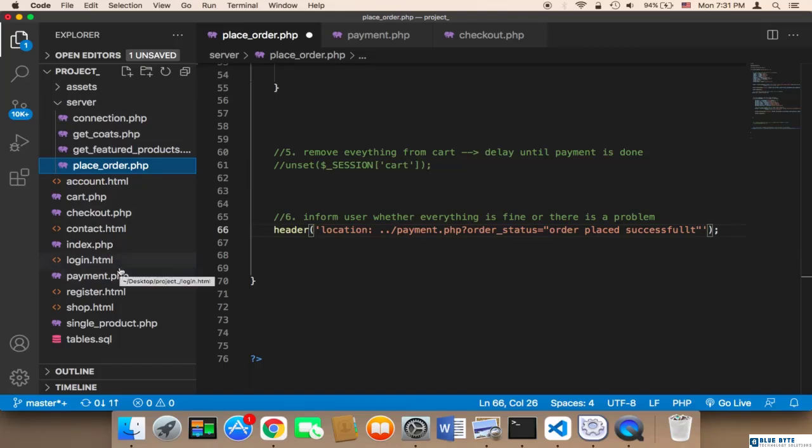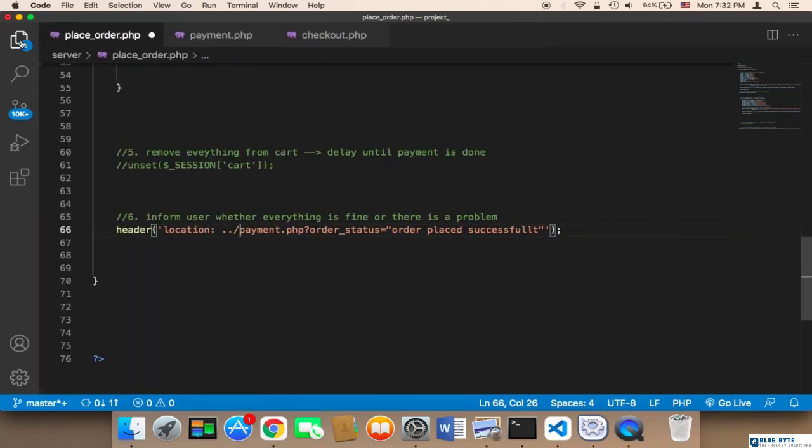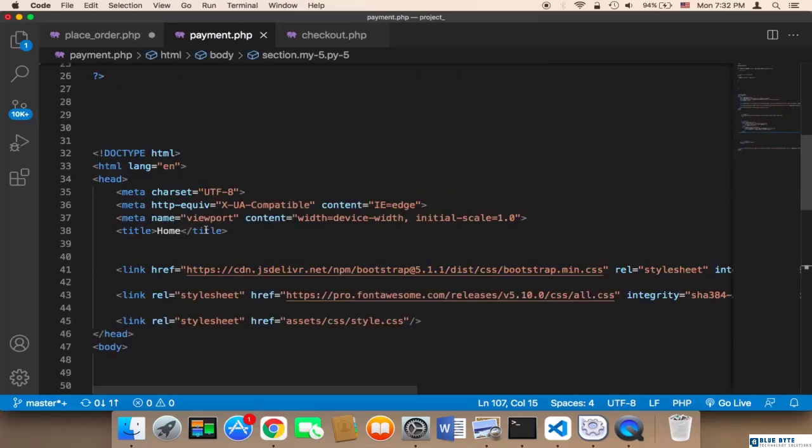Or we can move the payment to the server. Let's keep it like this. I don't want to confuse you right now. So here, don't forget to add .. and then /payment.php. Another thing that I want to do is that in the payment.php, at the top here,